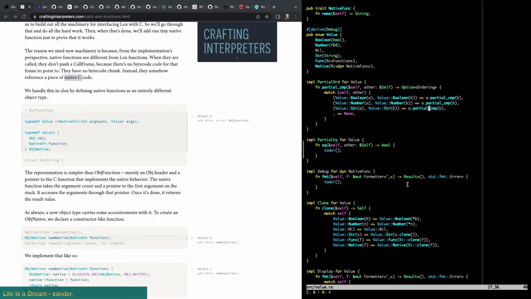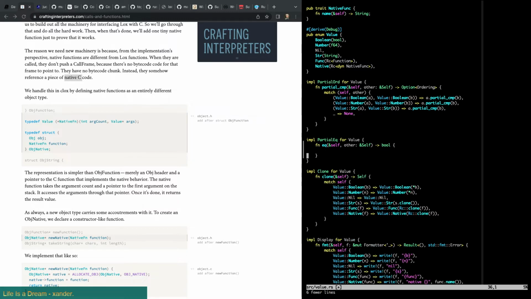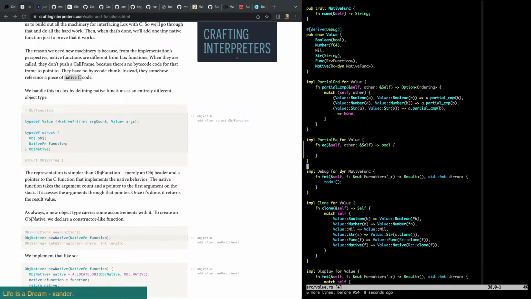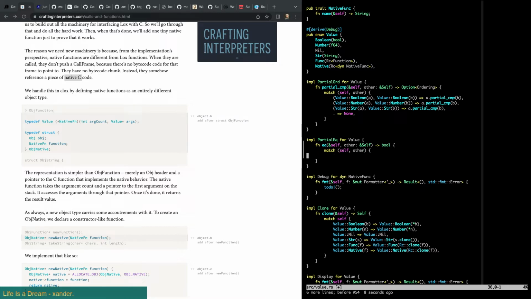Let's roll with that. And then partial EQ is going to be... Oh, and then we can get rid of this guy, right? Or do we need it for value as well? Okay, we'll find out in a second. Match self other. And this is just comparing. Actually, we can just grab these, right?